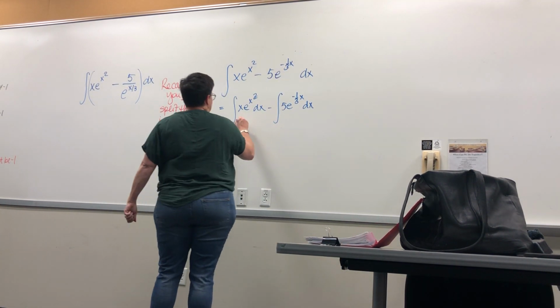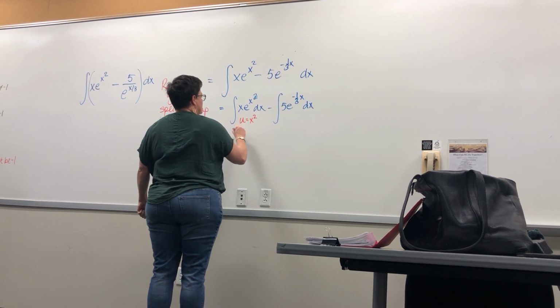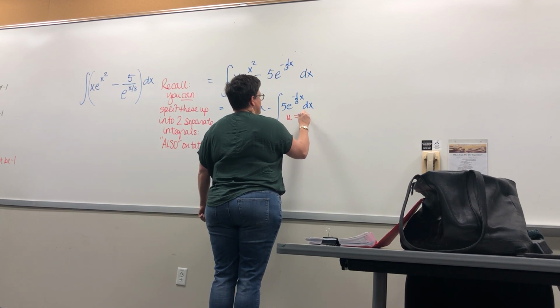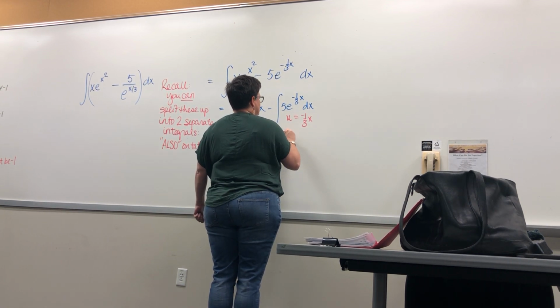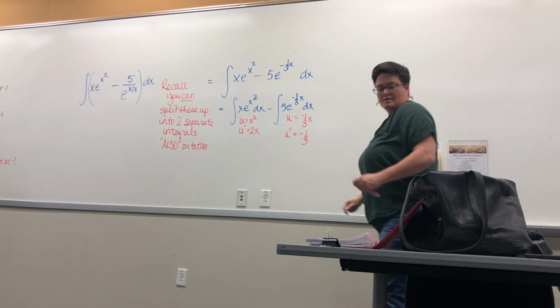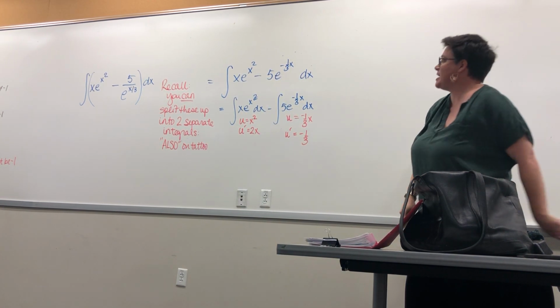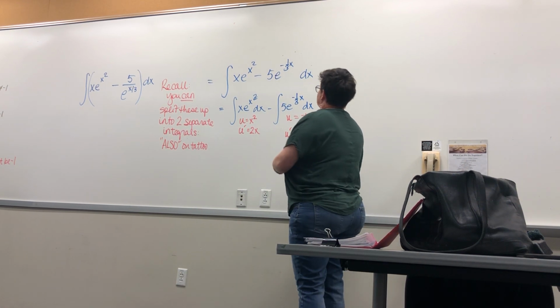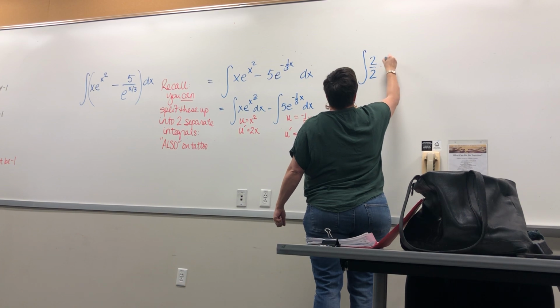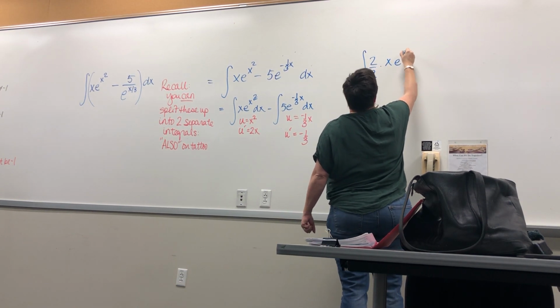So my u here is x squared. My u prime is 2x. My u here is negative 1/3 x. My u prime is negative 1/3. So what do I need to multiply and divide by on the first one to get 2x? 2 over 2. So I'm gonna have 2 over 2 times x e to the x squared